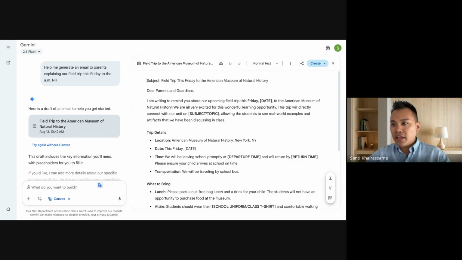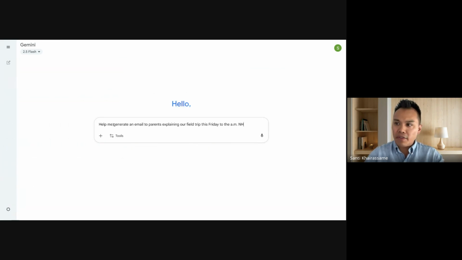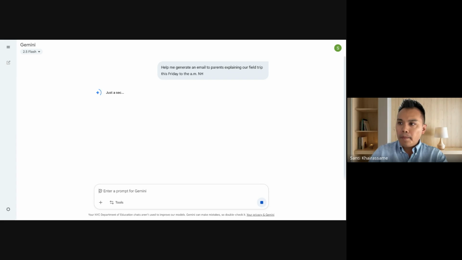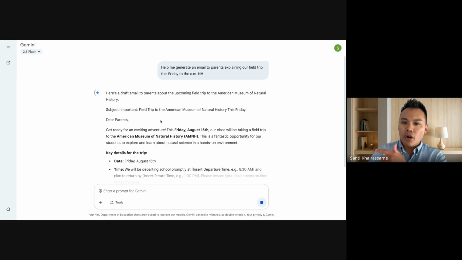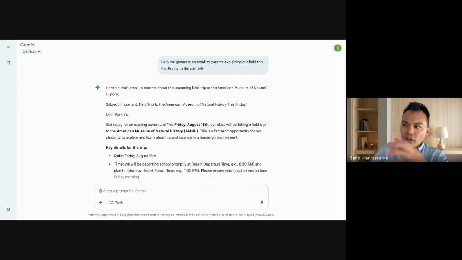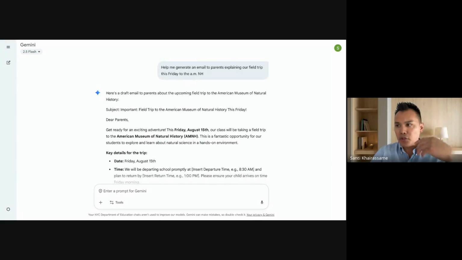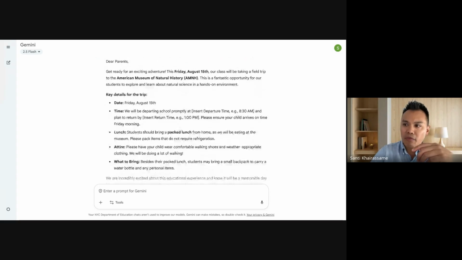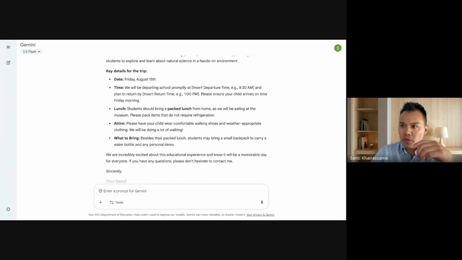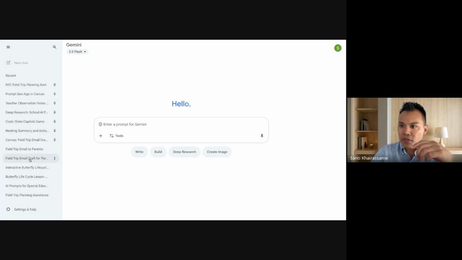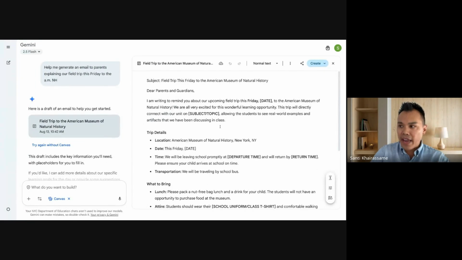And if I didn't select Canvas and I just copy this and I made a new chat, so I'm not going to select Canvas and I have the same prompt, maybe it'll work. Maybe it'll do it on its own. Okay, so you have your basic text message view. So I have my prompt and then I have the response here. I'm going to go back to the previous chat where I had Canvas selected. I like Canvas because it's easier for me to see the output.